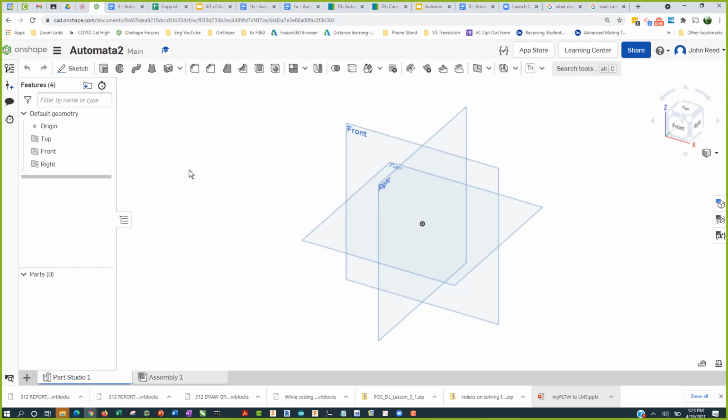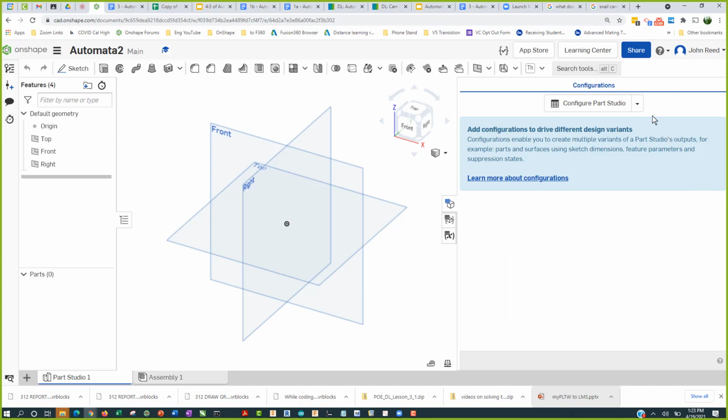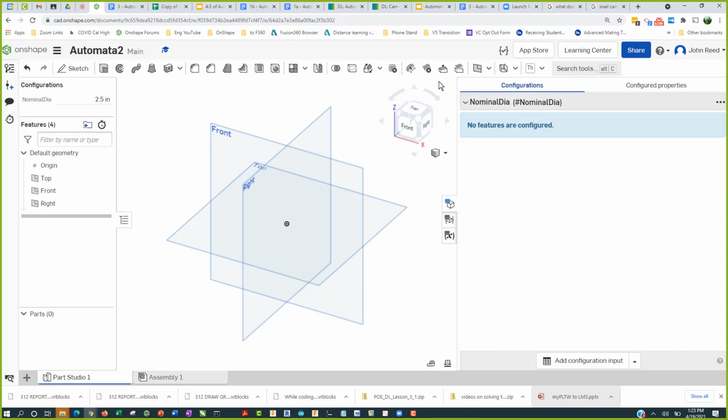But what we have to do first is come over here to the configuration panel and come through here and configuration variable and define nominal diameter. Make that 2.5 for its default and accept it. You can see it appears in the upper left. Let's make two more